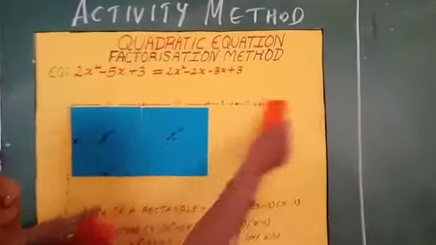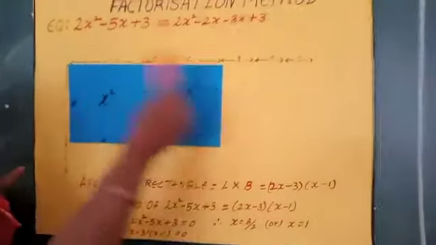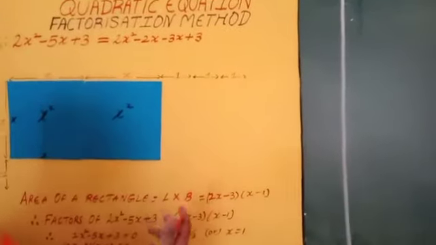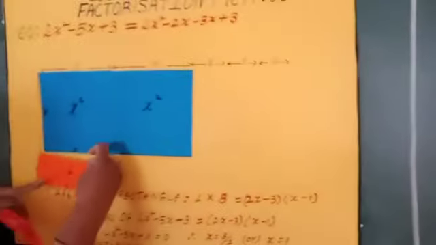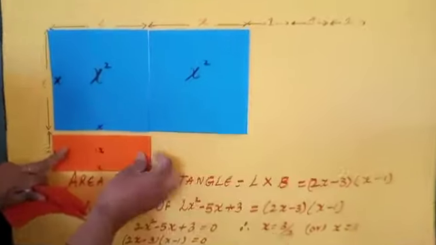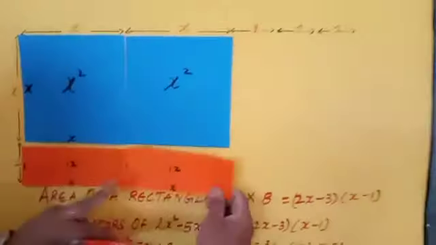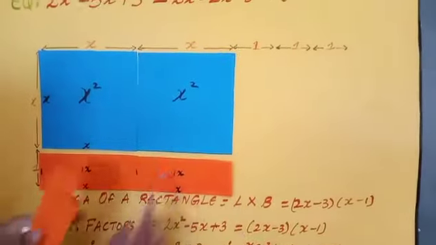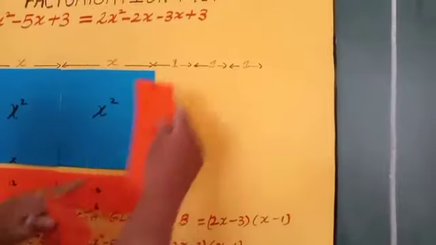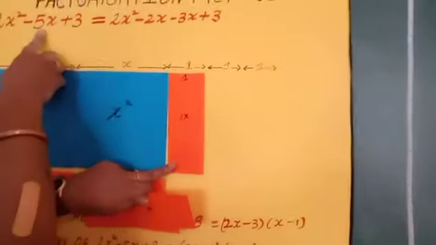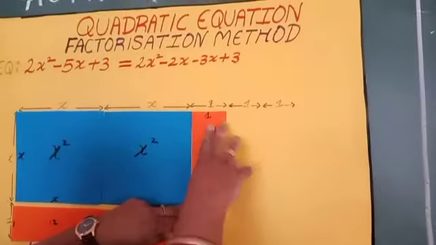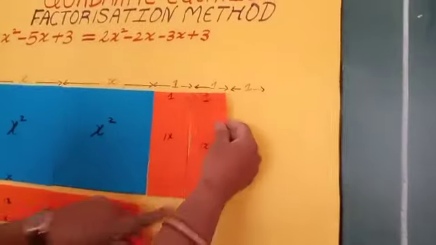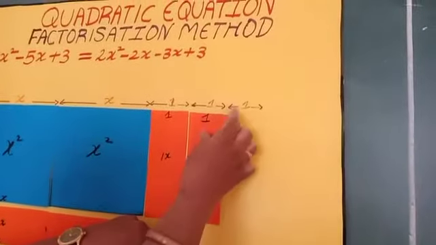I have to make this in the form of a rectangle, so it will be easy to find the factors of this quadratic equation. I am going to place here 2, and then again here also, 1, 2. How many rectangles do I place here? 2 rectangles. The same way I am going to place 3 rectangles here, because we have taken 5 rectangles. So 5x means 5 rectangles. Here 2 I place, and the remaining 3 I place here.